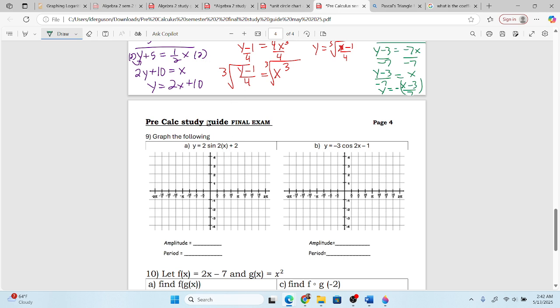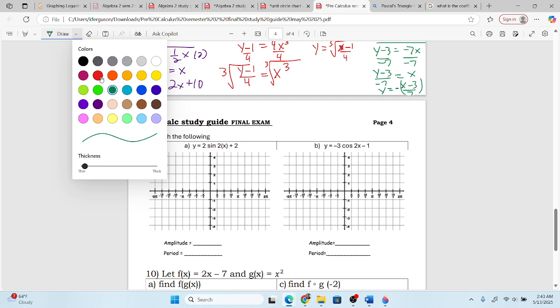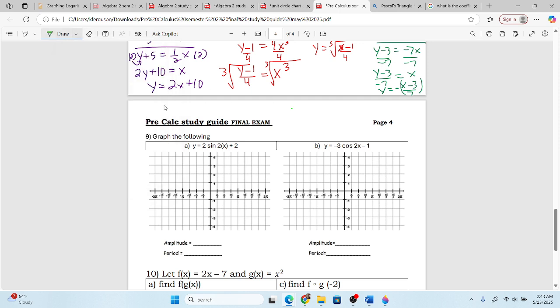Let's knock this out. So before, I'm going to draw light green, and then we're going to draw dark green. So 2 sine 2x plus 2. So what's the amplitude? Well, amplitude in this case is 2, because it's 2 right there. So that tells me, at least initially, that my graph is going to reach that high and reach that low. And then the frequency says 2. So that says from 0 to 2 pi, I should get two